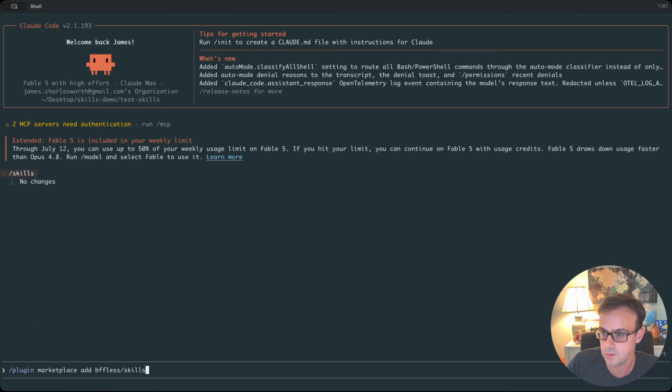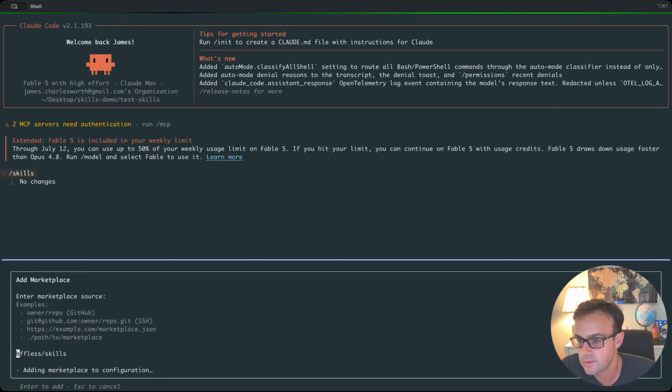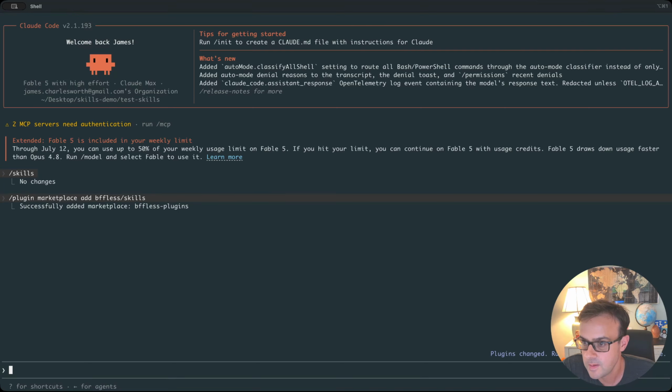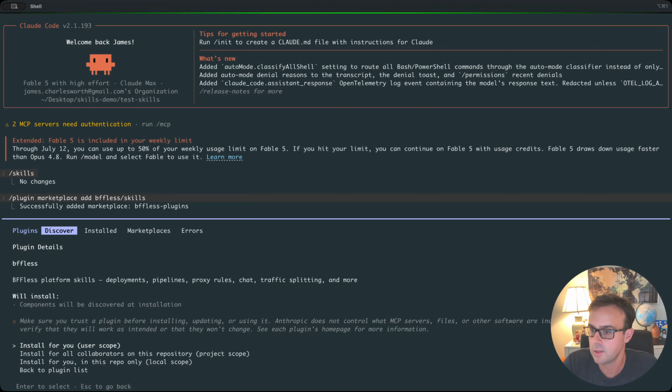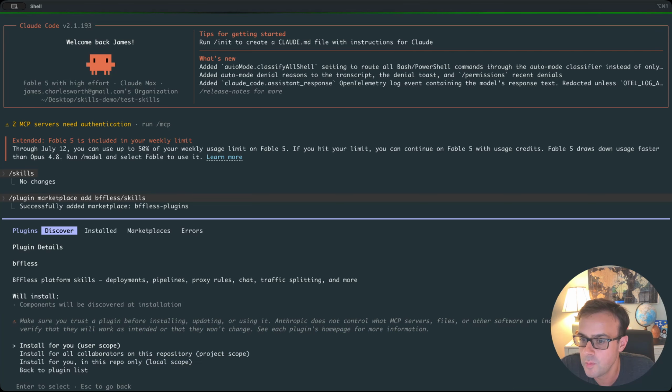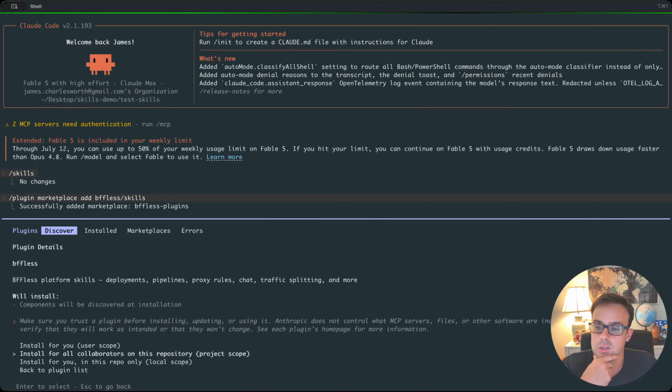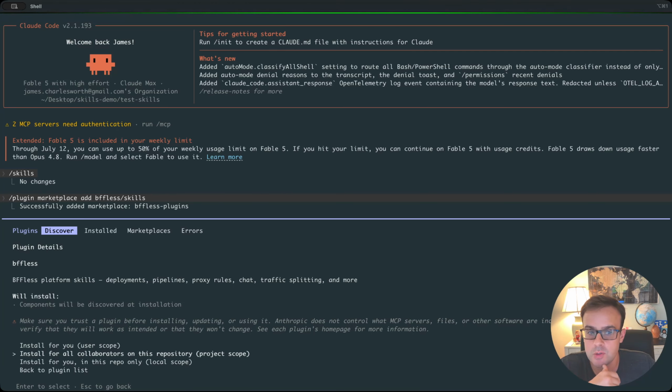So what I'm going to do is I'm going to do this first command. I'm going to add the BFFless marketplace. And so it added that marketplace. And after I do that, I need to install the plugin from that marketplace. So now I install the plugin, and I can install it in my user scope, or I can install it in my project scope. I'm going to install this in my user scope because I use BFFless for most projects